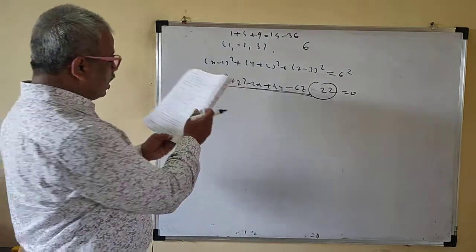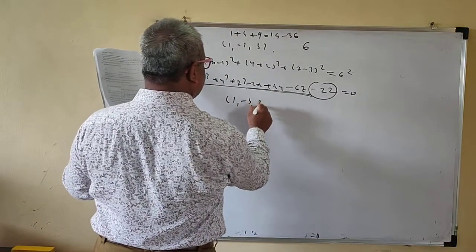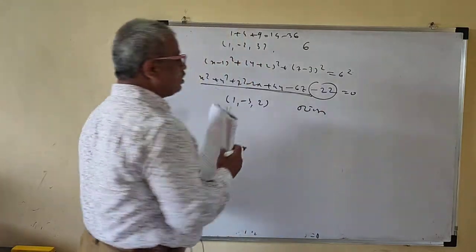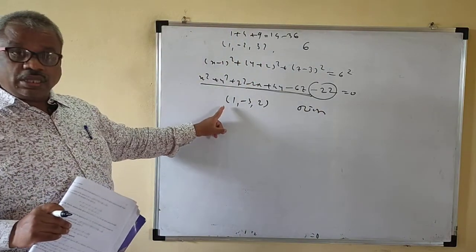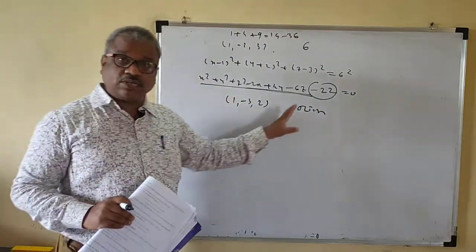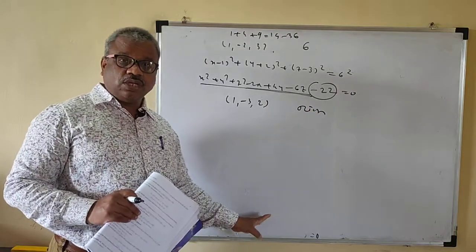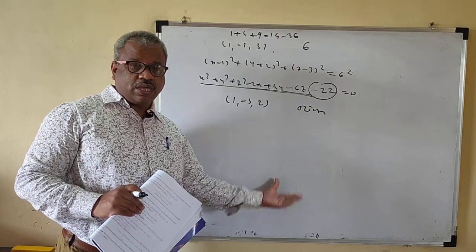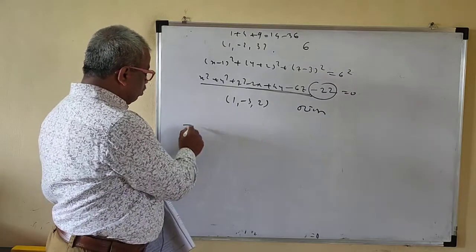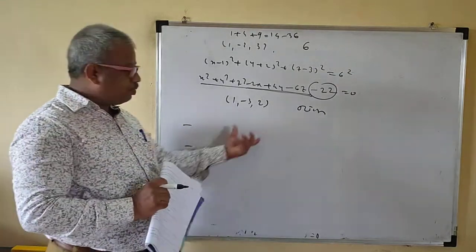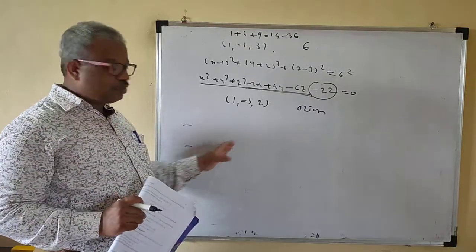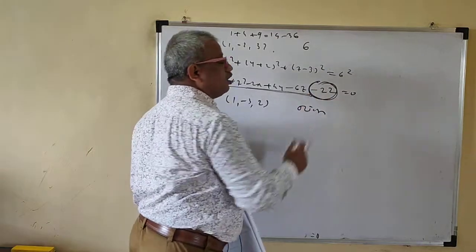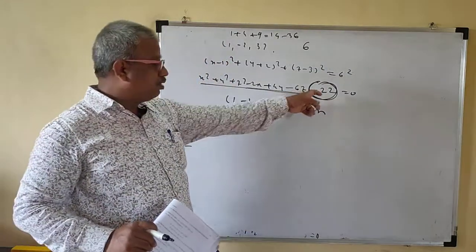Find the equation of the sphere whose center is (1, -3, 2) and it passes through the origin. Any curve passing through the origin has the constant term 0. Just check in the options which has the constant term 0. That will be your possible option. If there are options such that there is no constant term, that is the constant term. This is a constant term.